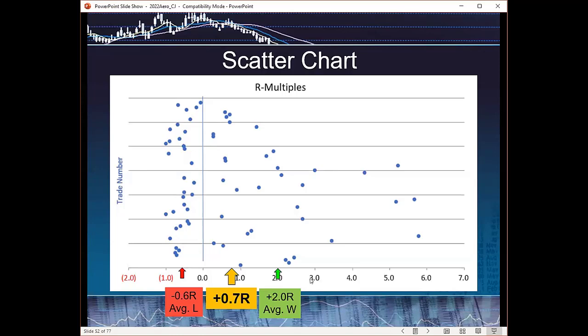The average winners have grown over the years to 2 to 2.5 to 3 to 3.5. I've already this year had 2 or 3 trades that were a plus 6R. And this has been certainly a volatile year. The net effect is this is a positive expectancy and has improved over the years.